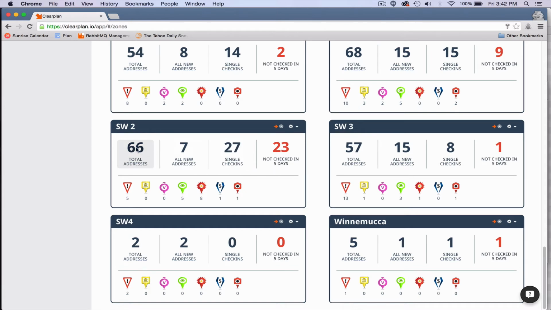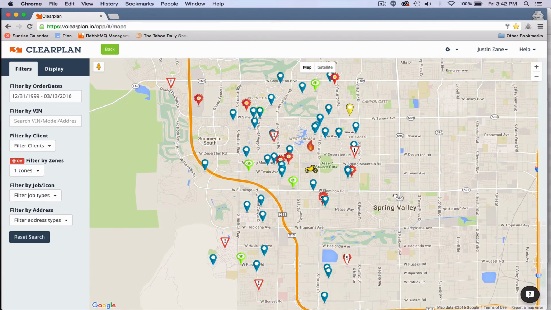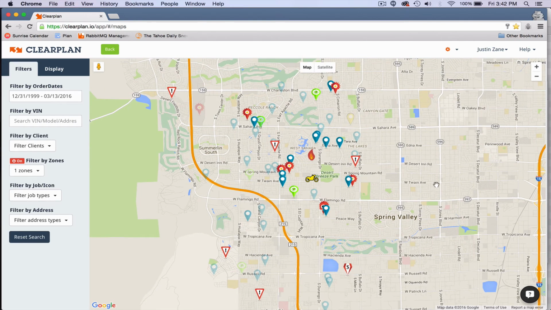The first thing you want to do is access this zone and fade the entire zone out. So what I'm going to do is come out to my slide bar and fade this zone out by 5 days. Anything in this zone that doesn't fade out has not been run in the last 5 days.